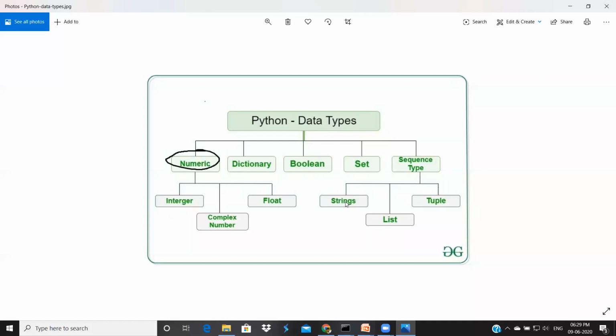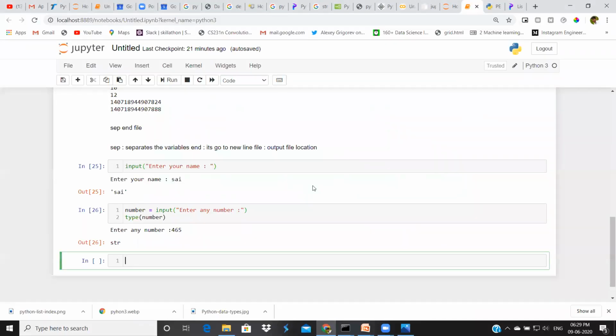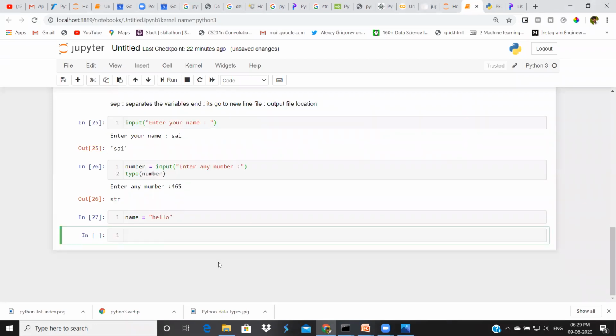Next one, we discussed strings. Suppose this is a variable which has the value hello.